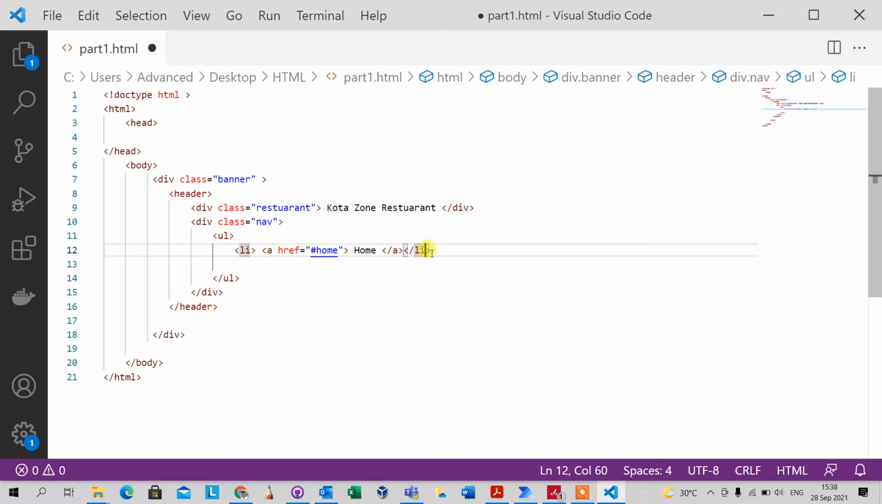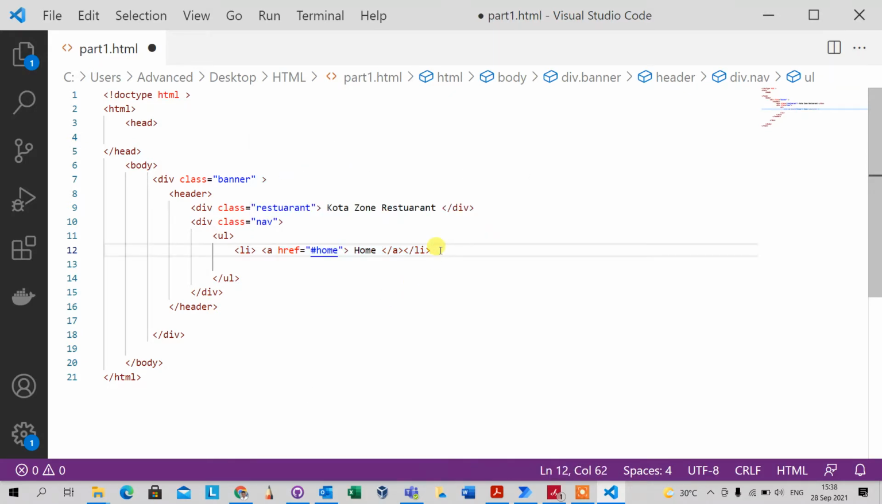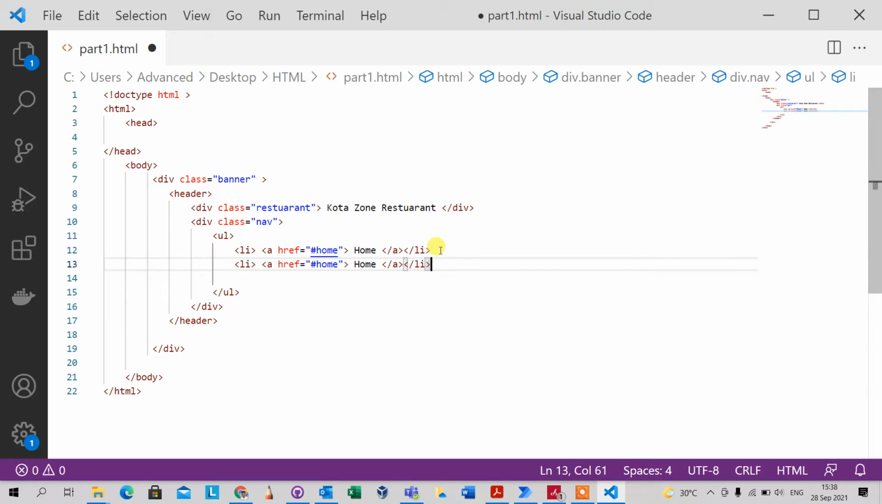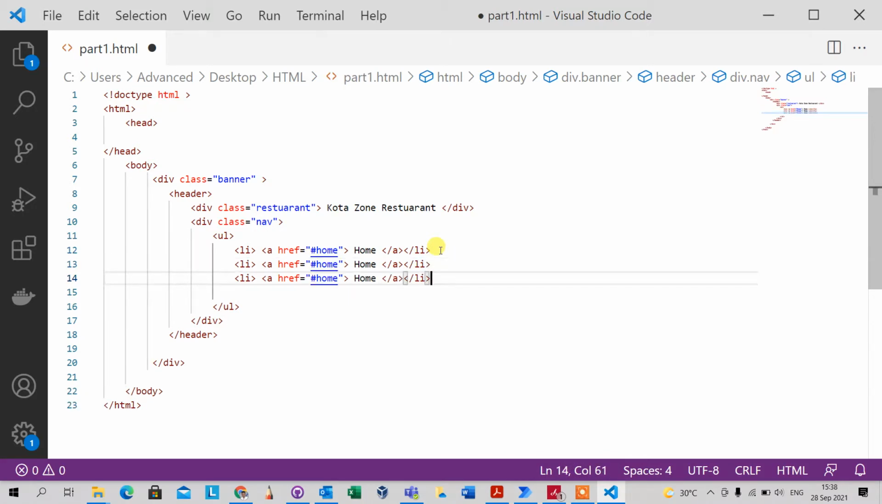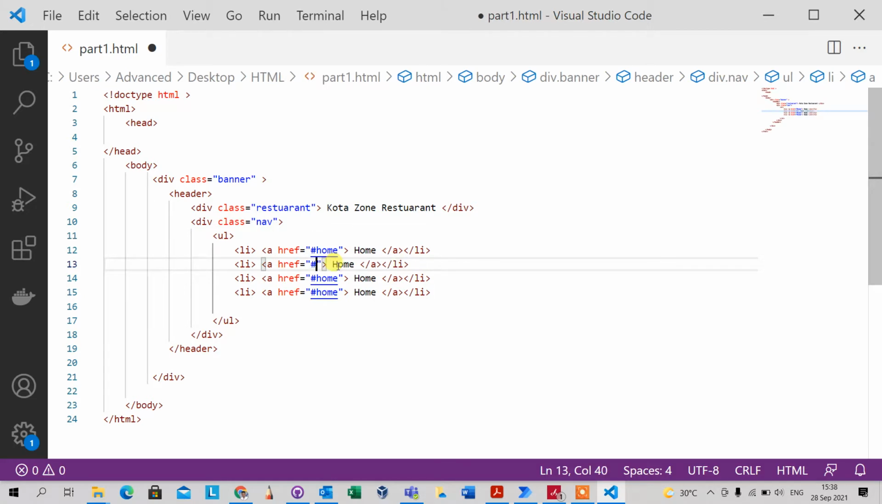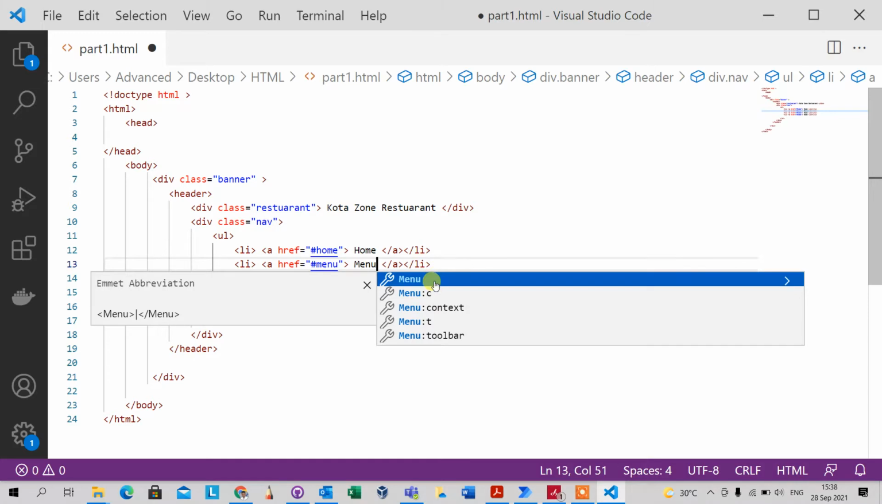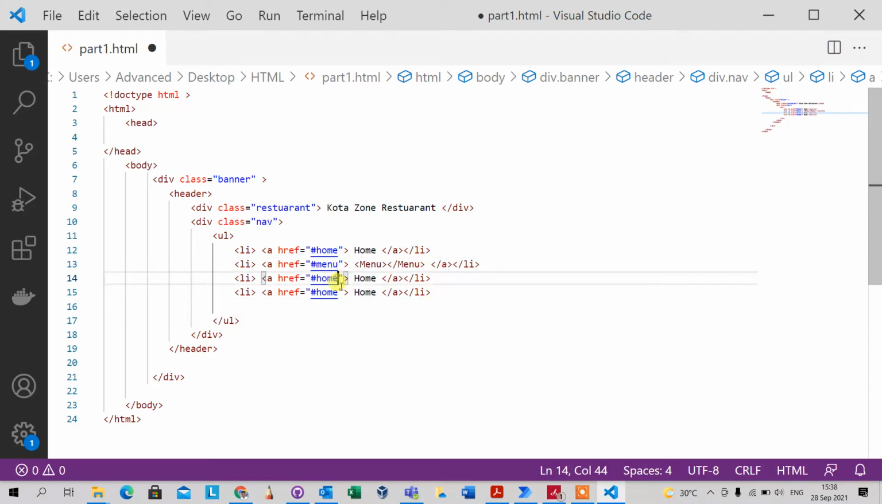So I just want to copy this. Copy that. Just say copy, and then Control V, Control V, Control V. How many do I need? And then I come here and change this part. The first one is for the menu, and then the menu,